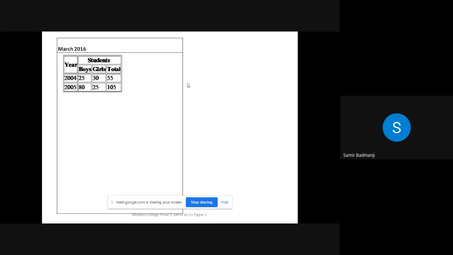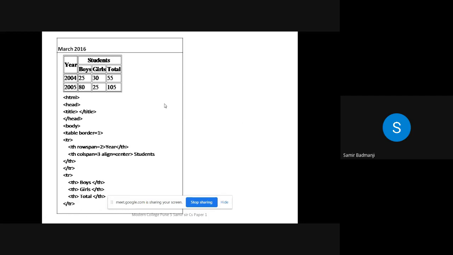Yes, there are two rows in front of year. So that is why rowspan 2, and the first row will consist of year and students. Then the row will be complete. The next row will be boys, girls and total. Row complete. Next two are normal rows. Now the first row's year, students, and the boys, girls and total are in the TH tag because they are bold.